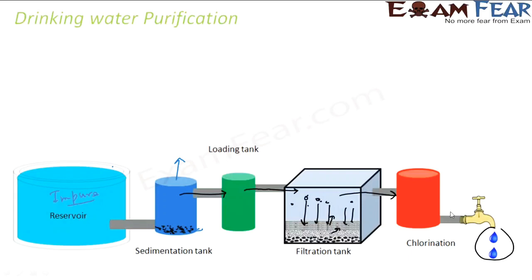Okay, please note here these sand filters have charged particles. These charged particles attract the impurities from the water. This is the typical process by which impure water, typically from a lake or from any water body or river, is purified, and you get that purified water in the home.